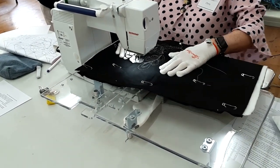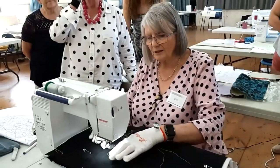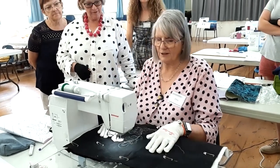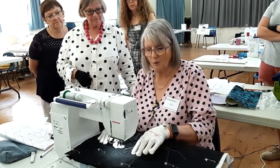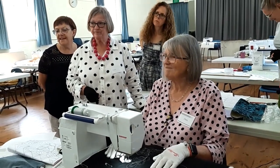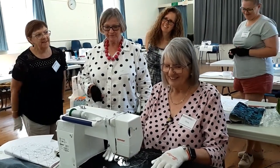Oh, I just ran out of bottom thread. That looks good. But then into this, you could, once you get better at it, do a whole lot of pebbles, and that looks fantastic. And earlier I showed you the one where you can then do your petals around that. Just that's fine. It will be next time, okay? So I think